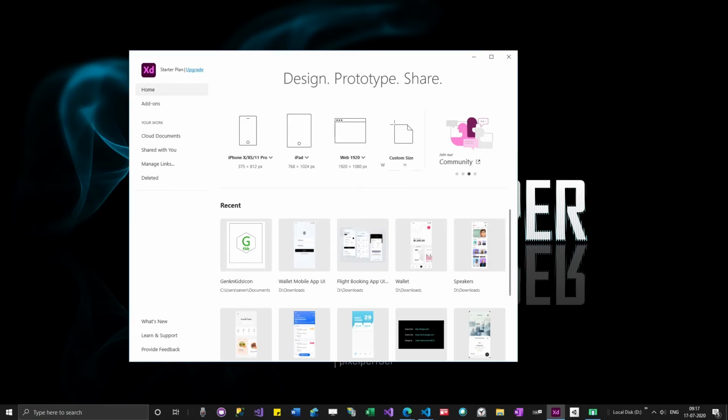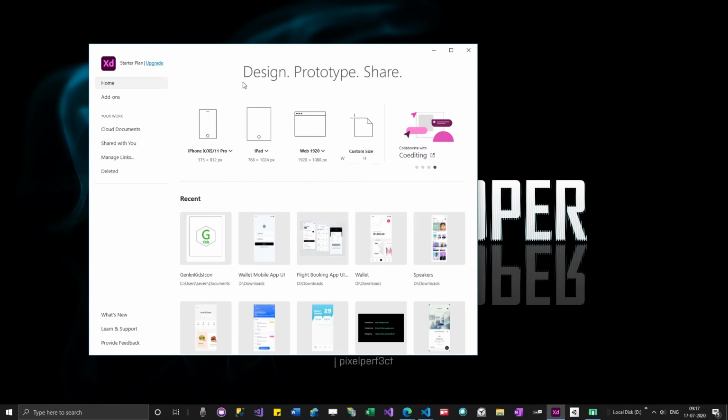So when it comes to Adobe XD, it will help you design prototypes. Prototypes are not related to code. Prototypes mean you have something in your imagination and you want to put it on paper. You take a book, draw some images, app bar, container, and say this is how my app should look.